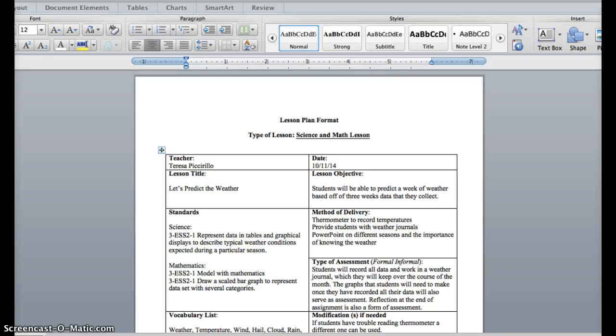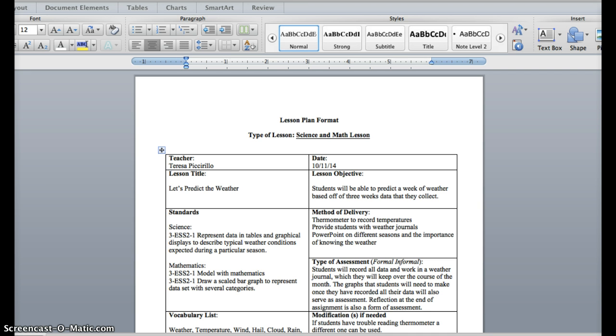Hello everyone. This is my science and math lesson that I came up with. I based it off of the weather and having students record the weather and predict the weather. So my objective is students will be able to predict a week of weather based off of 3 weeks of data that they collect. So this is a month-long activity where they would record the weather for that amount of